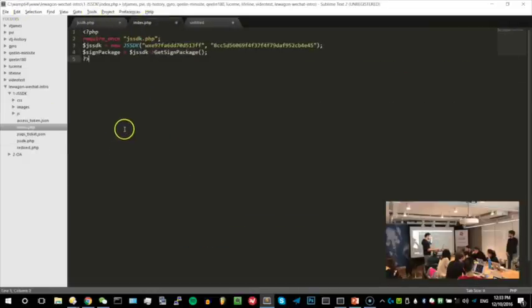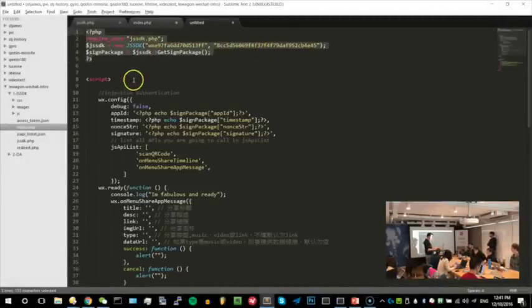We're gonna write those 4 lines that's gonna do all this work for us. You know, we don't need to care about that. That's the point, right? So the first line is we're gonna call this PHP file because we want this PHP file to do stuff for us. We're gonna initialize the class with the 2 information, and we're gonna just call the function sign package, and in the end we're gonna get back this array. Right now, we got all the information we needed to start developing.